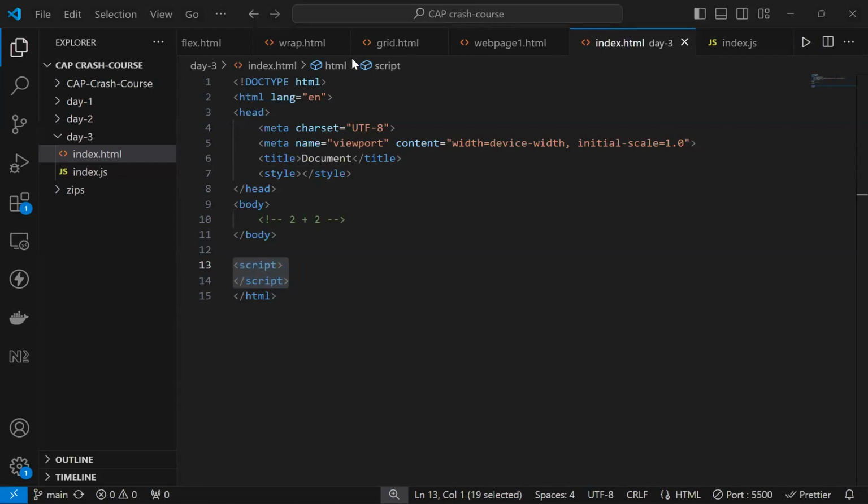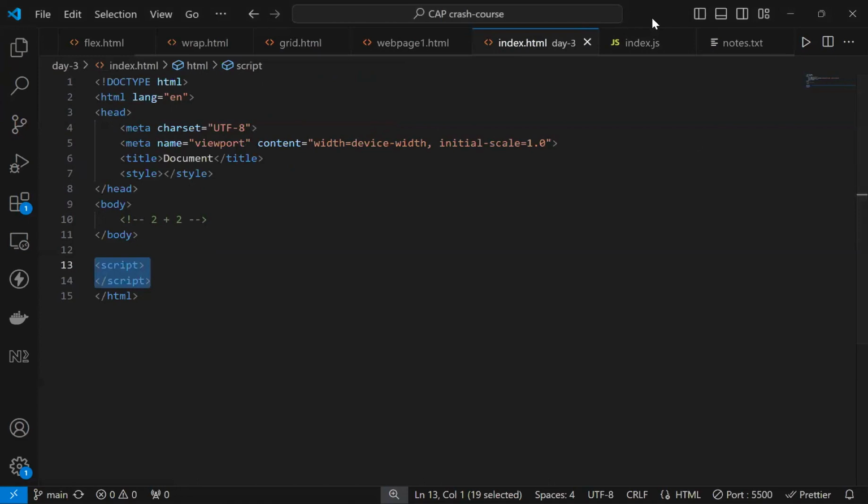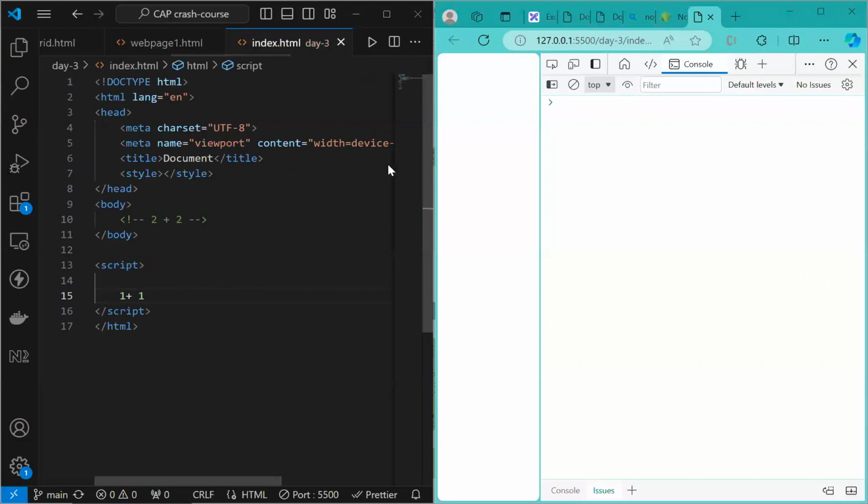Okay. Now the second thing comes, we have written our script tag. Now how will I see the result? Let's say if I go and write 1 plus 1, how is it gonna show me 2? Right? So basically, every language has a print statement. So basically, JavaScript's print statement has a keyword which is called